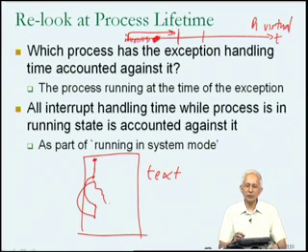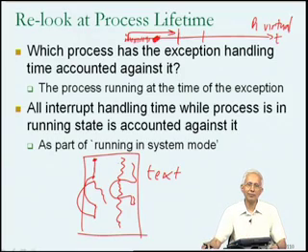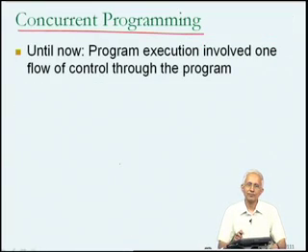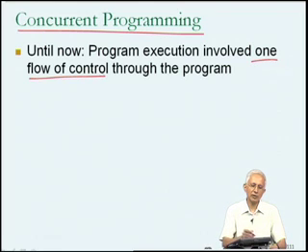And I could think of the execution of a process within this particular program in terms of this worm which is worming its way through the instructions of the program. It changes its direction whenever there's a control transfer and so on, but there's only one worm going through the text of the program. In other words, we were for the most part talking about one flow of control through the program.